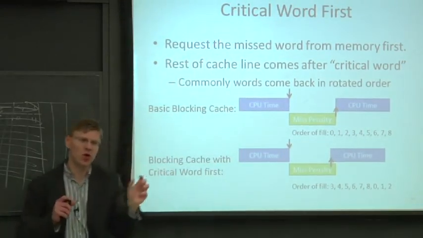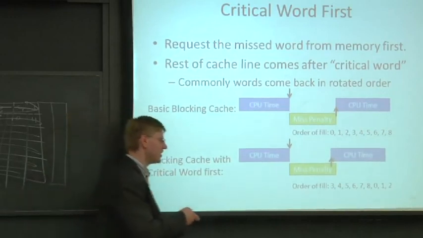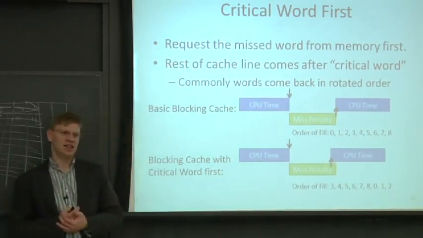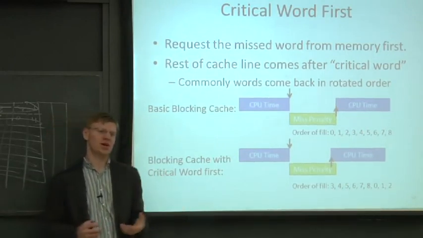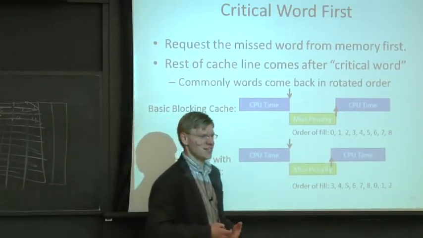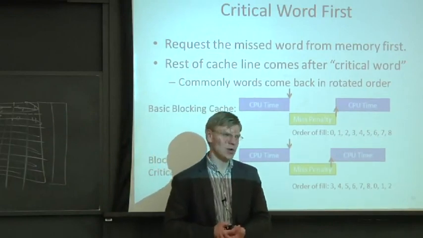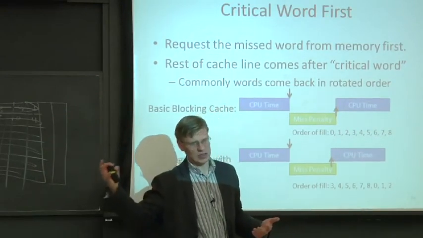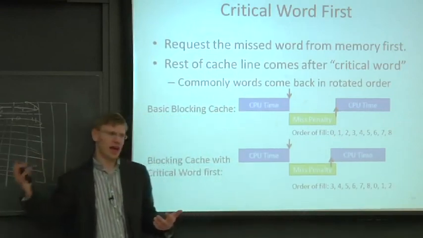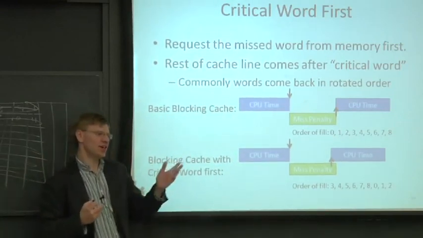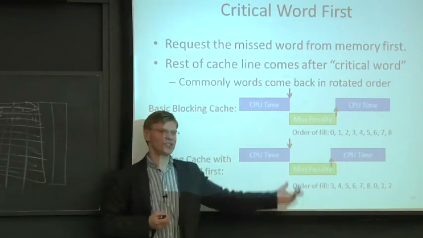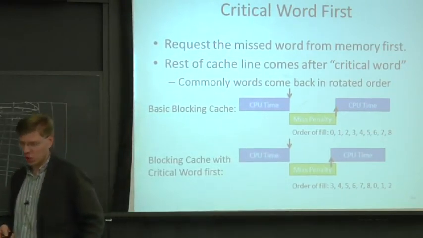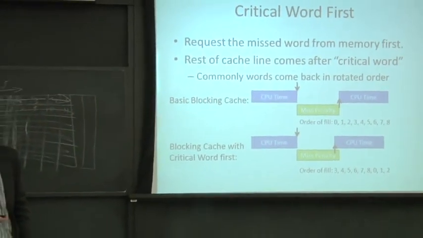So you've basically done a little bit of overlapping, but this doesn't help that much, because usually a cache line is not that long. So it might help you a little bit. If it takes 8 cycles to fill the cache, you might save 7 cycles if you were trying to load the last word in the cache line. But if you were trying to, let's say, load the second word in the cache line, it only saves you 1 cycle. And there is some complexity in actually building critical word first systems.